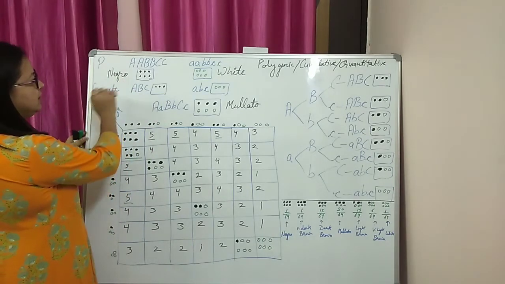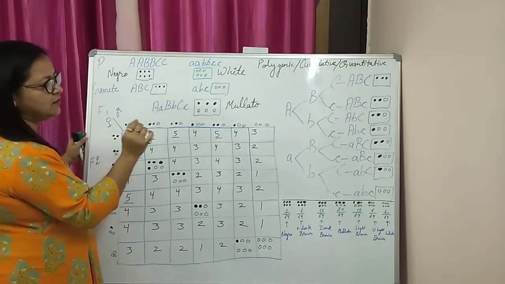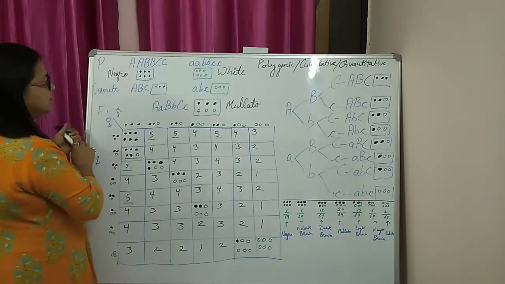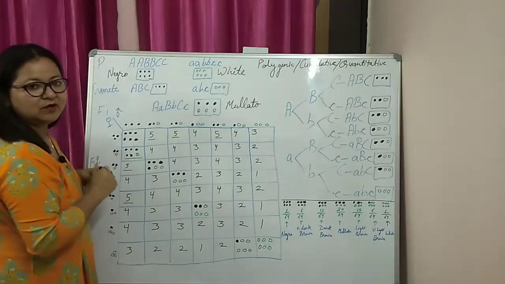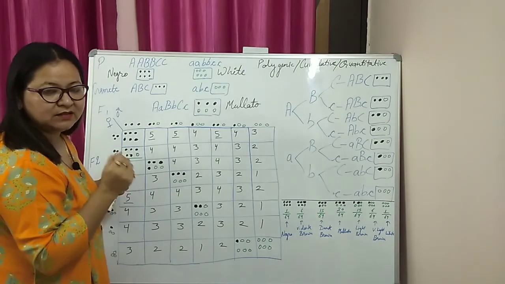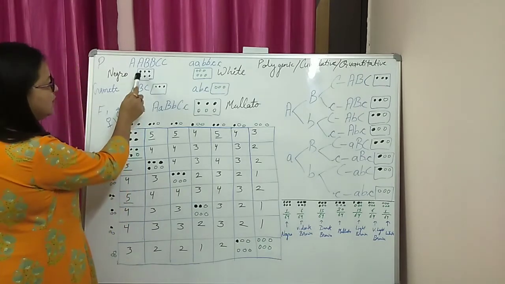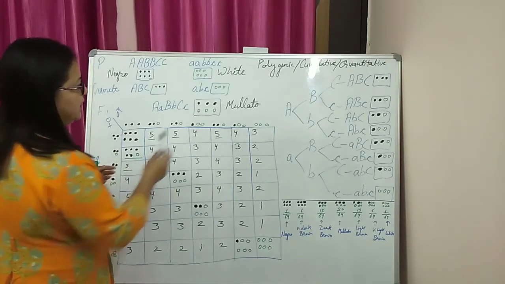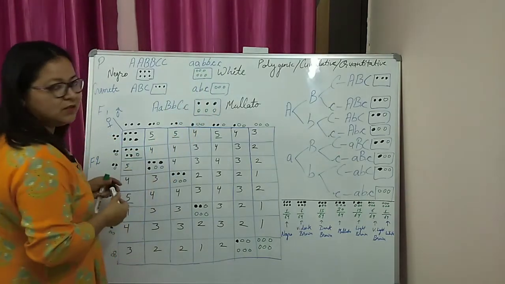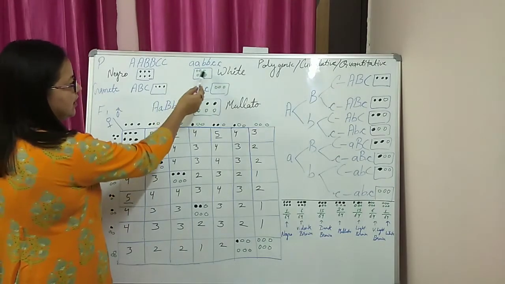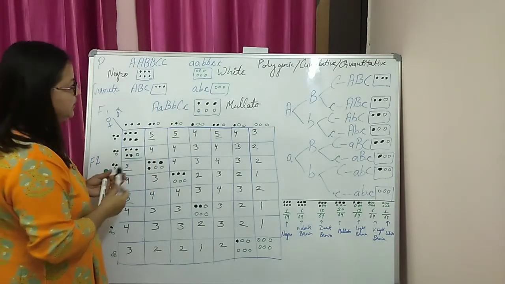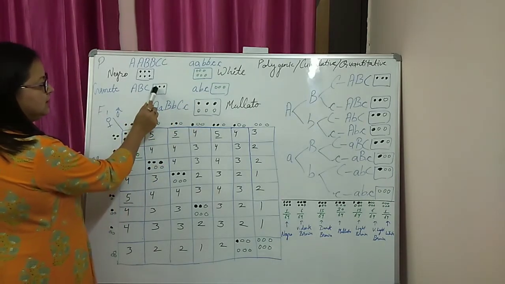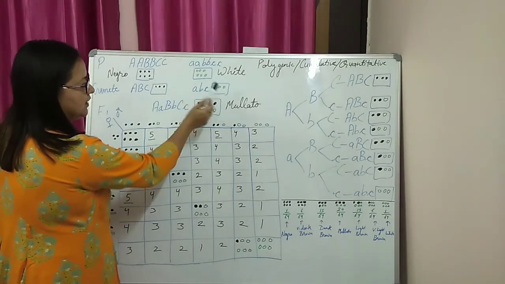For example, for the Negro, it is the darkest complexion, and I said that we have to count the dominant alleles. So I represent it by the symbol of 6 dominant colors. They are representing the dominant alleles, or simply by counting the 6 black dots, we can say it is the darkest person. In case of white, all are recessive alleles, so no pigment is there. I use the green color to represent it. Here I made the gametes: 3 dominant alleles, 3 black dots; no dominant allele, no black dots.